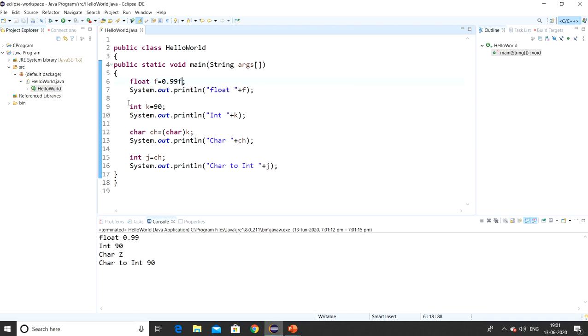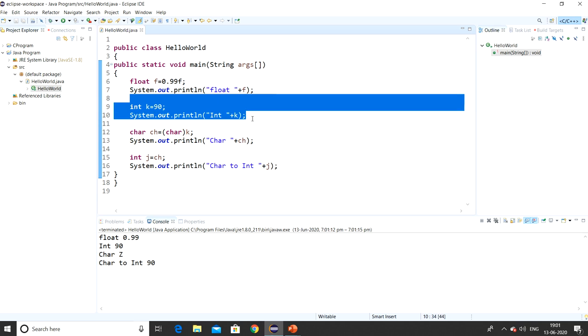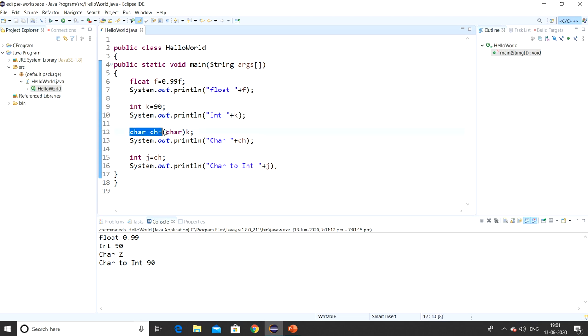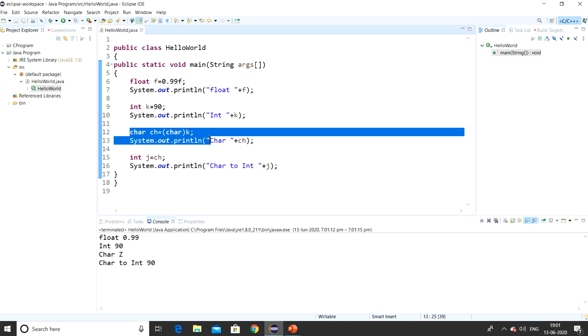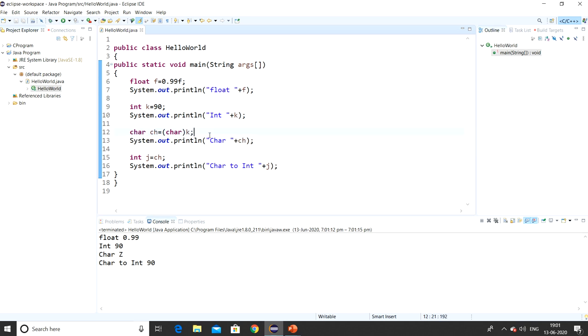Now we have an int here, and I'm displaying the int type. Then we have a char, and I'm converting that int into the char. Which type of typecasting do I have to do here? Narrowing.